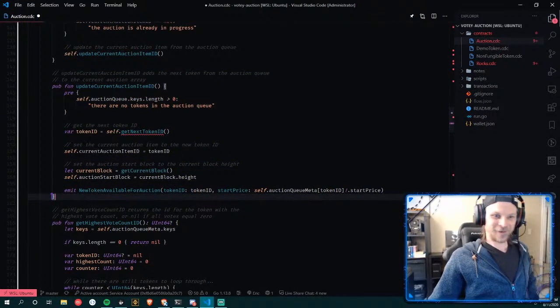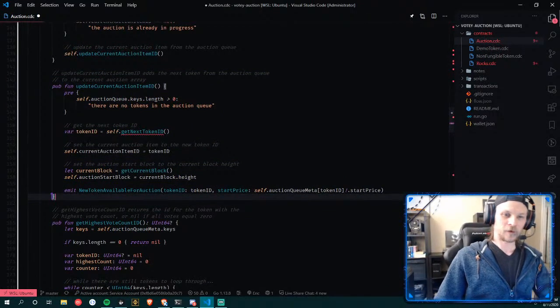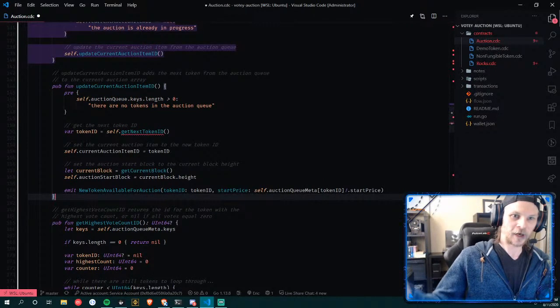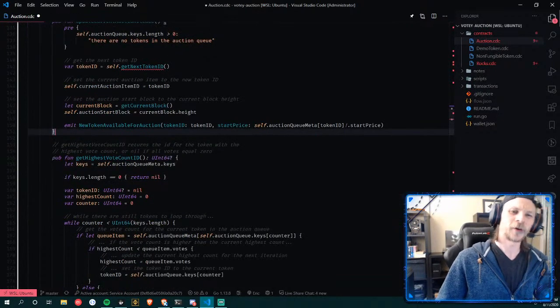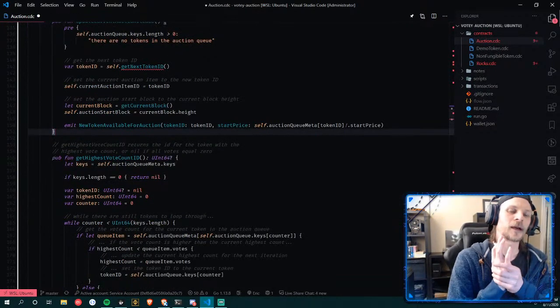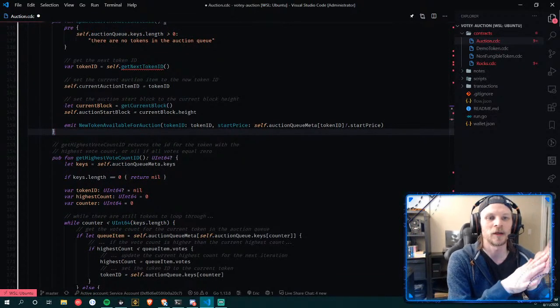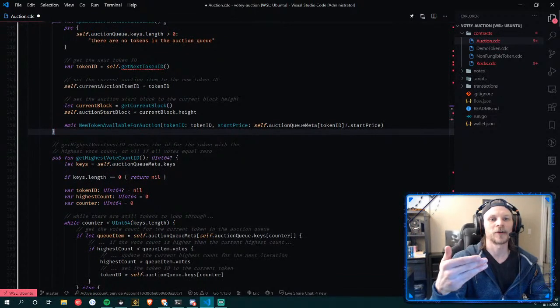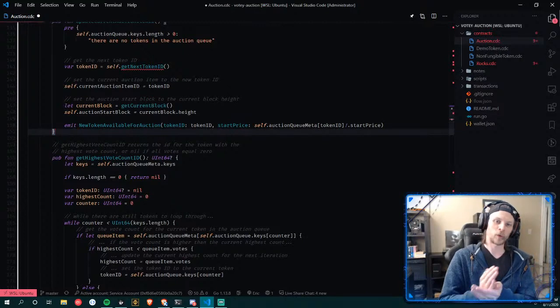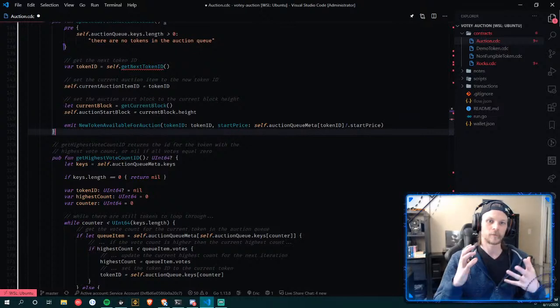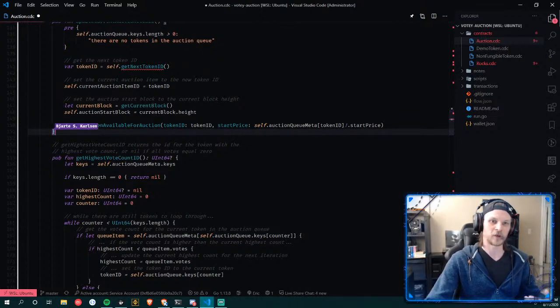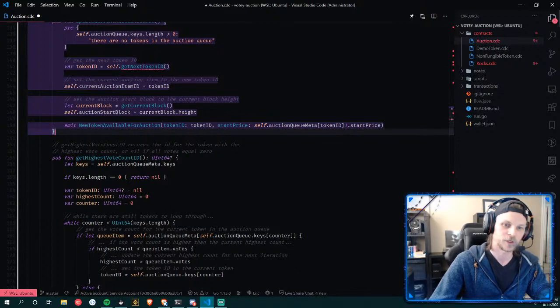The start auction method. We don't need that at all, do we? No, I don't think so. Because once they're added, they can just be bid on, right? Well, I don't know actually. How should we implement that? Should we run a start auction method that records the block when that start method has been run, or should we have that just automatically start when the token is added to the auction collection?